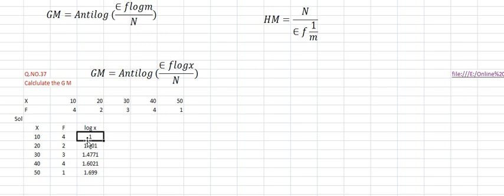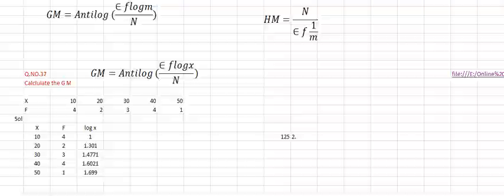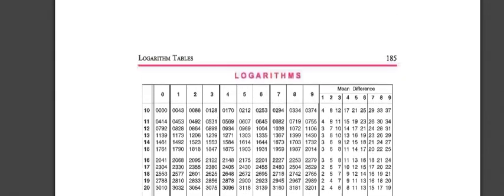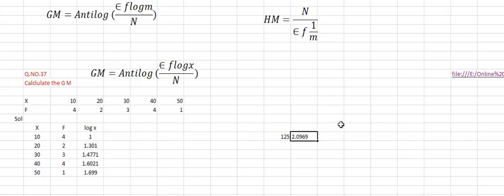After the point, I will give you one more example. 20 means 2 place number minus 1, 1. Then you check the 20 0 number. For example, if 125 is the value, how to check this log table? 125 means 3 place number minus 1, 2 point. Then you check the 125 here now. How to find the 125? 125 means 12 and 5 here. Take 12, then 5. How much is the 5 value here? 12 5 is 0969. That number you have to write here. Like this you have to find the number.